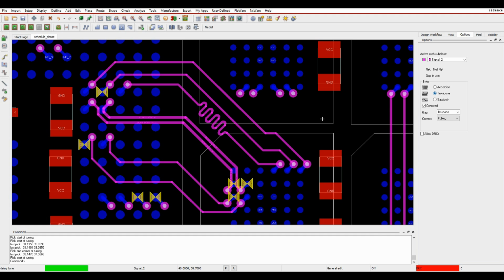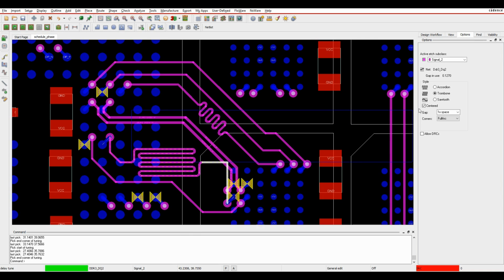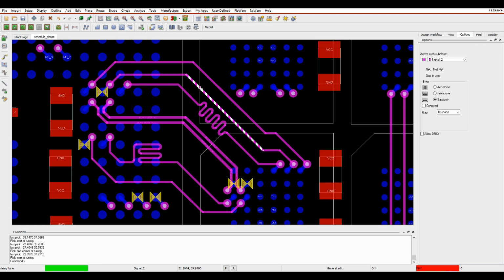We'll do a different tile. Let's do a trombone style here. So you will see the representation of a trombone. Let's take the centered off, and then you'll get the trombone style of delay tuning that we can add on here. And then there's also a sawtooth. So if we try and add a sawtooth here,